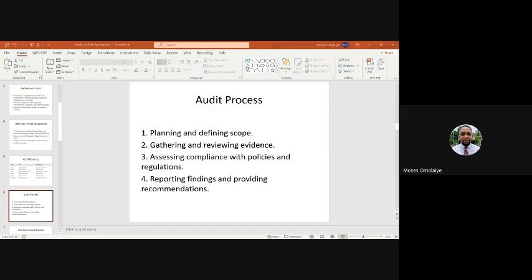Now, is this process foolproof or does it leave a gap? Will it create lacunas if we follow this process? You need to assess that too. And then you assess the vulnerabilities and the impact of those vulnerabilities. So if you say this is vulnerability A, what is the impact of the vulnerability? Then you assess it.